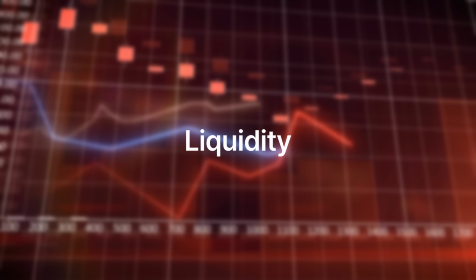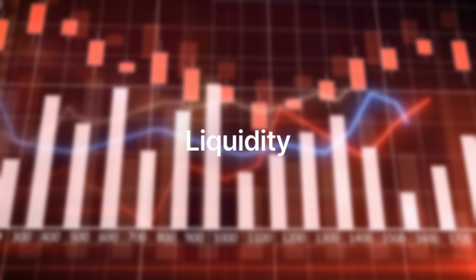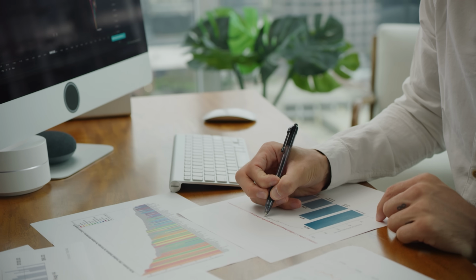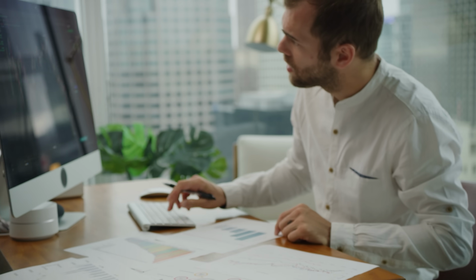I'll point out that the Invesco fund only has £10 million in assets under management at the minute. This is a brand new fund and it's very small, so that might put some people off. One concern is liquidity. Smaller funds have less people buying and selling them. This means that the difference between the buy and sell or bid and ask price can be larger. I've linked an article below that goes into this for you in more detail and shows how it can impact you. As a long-term investor who's looking to hold investments for decades though, I'm not too concerned about this,